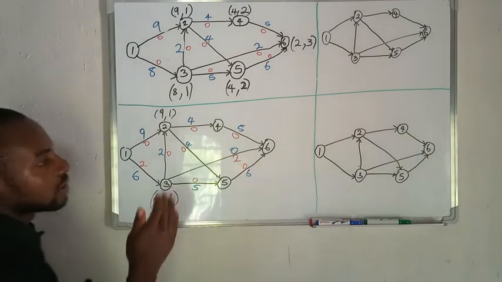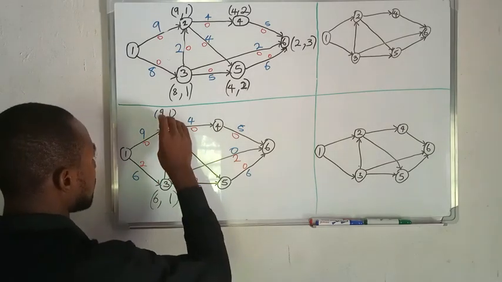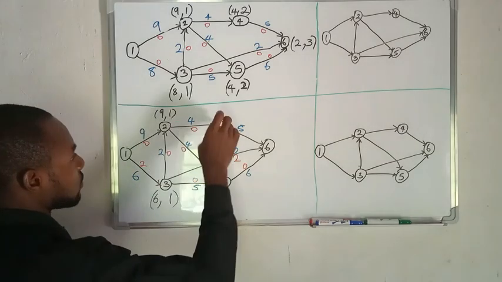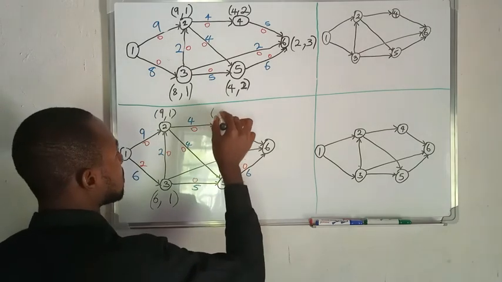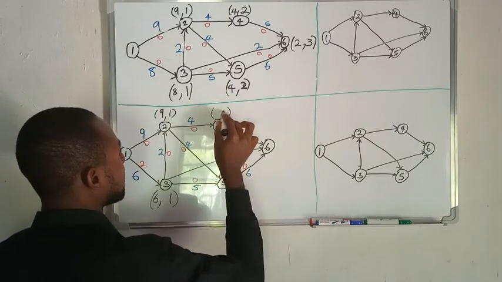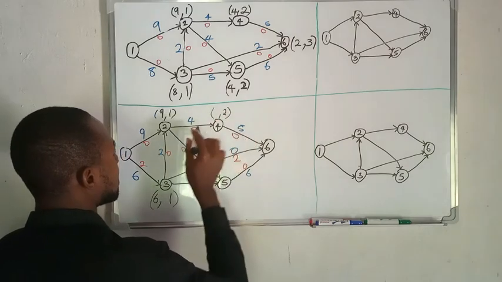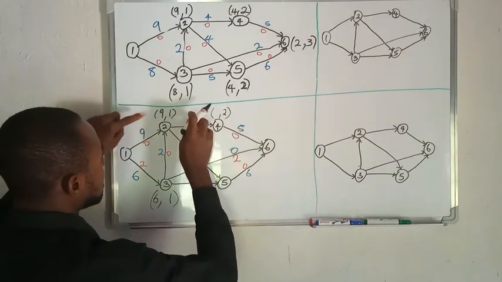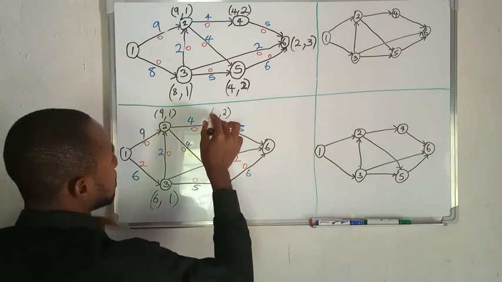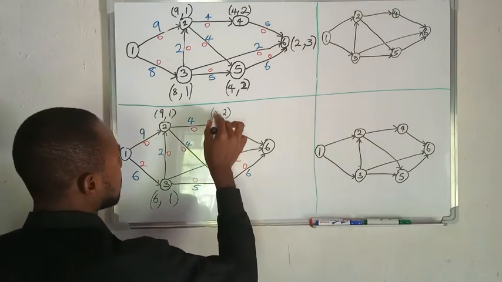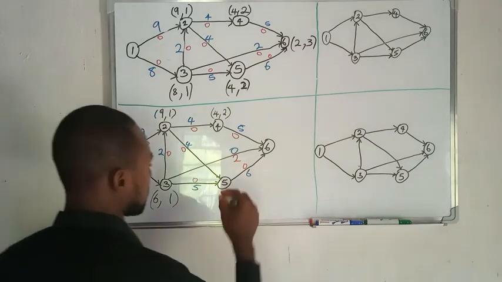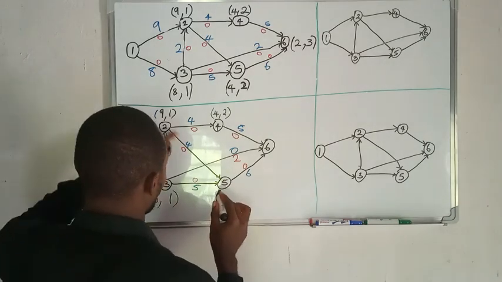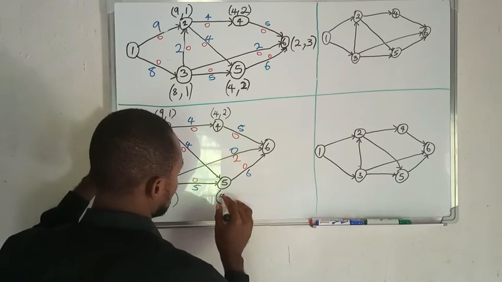And then the next thing we label the nodes that are connected to 2. So we have 4 and 5, and then we label 4 here. 4 is coming from 2, and then you compare the capacity here with the one that is here. So right here we have 4 is less than 9. We label 5 also from 2. So right here we have 4 less than 9,